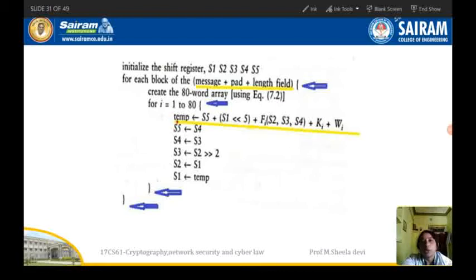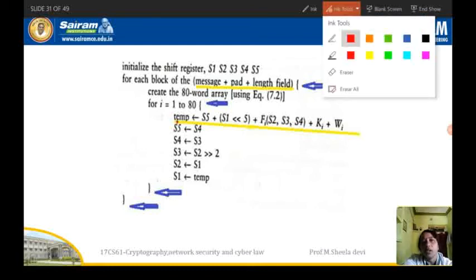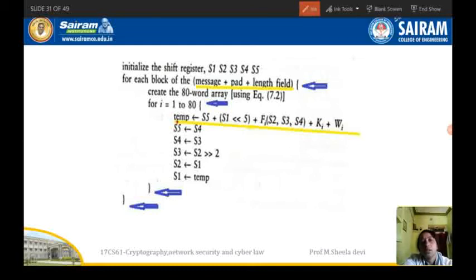So for each block of the message, as I said, we have converted it into 512 bits, which consists of the message, the message padding bits and the length field, and create the 80 word array for I equal to 1 to 80. Then what is the formula? This temp value will be stored.